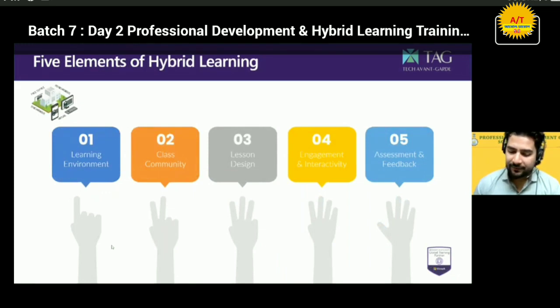Okay, these are the five elements of hybrid learning. One is the classroom creation, one is the class community, lesson designing, engagement, and assessment. Five components are there, and I have, when I was conducting the session for the higher colleges and everybody, in